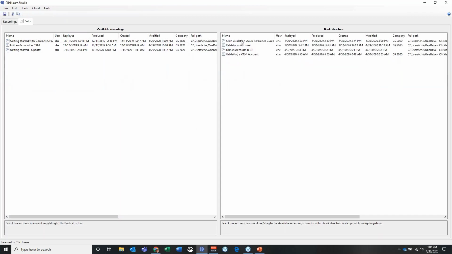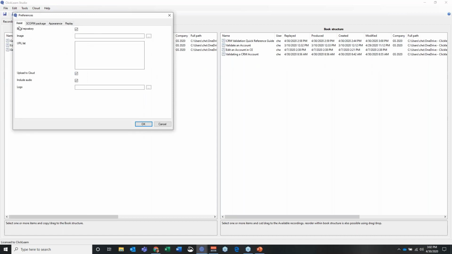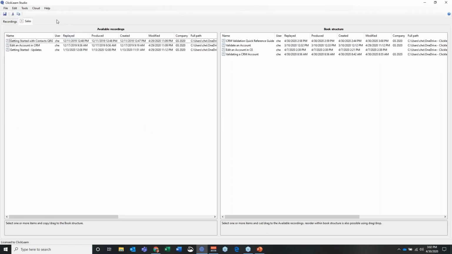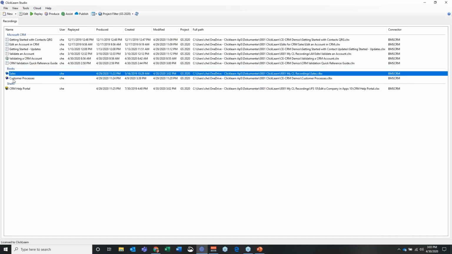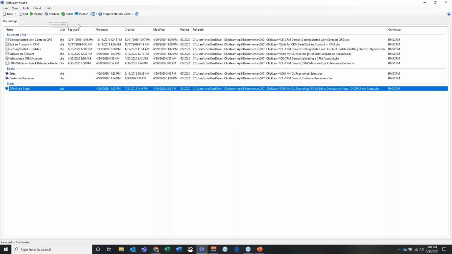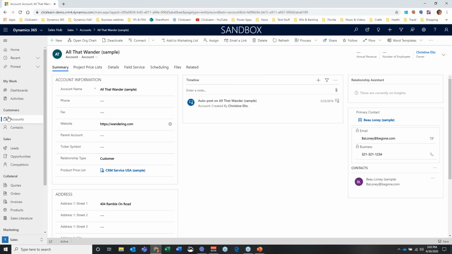When you're up here and you've got all of your documents, all of your recordings in your book, simply come here to your tools and your preferences, and this is where you're going to put a check mark in the box for building your repository. This is where your live assistant will be added, engaged. And so now we have our books on our shelf, and with our shelf highlighted, we produce the book, we publish the book, and publishing the book is going to give you that link